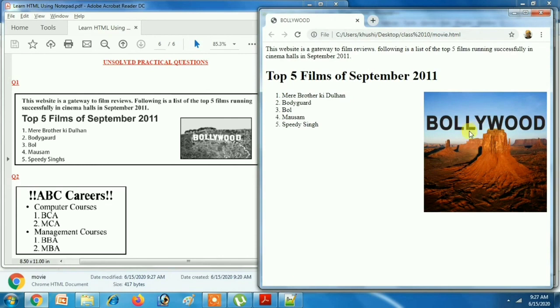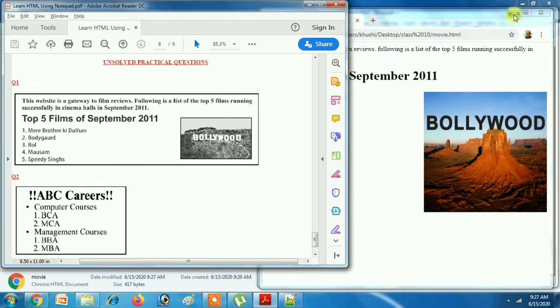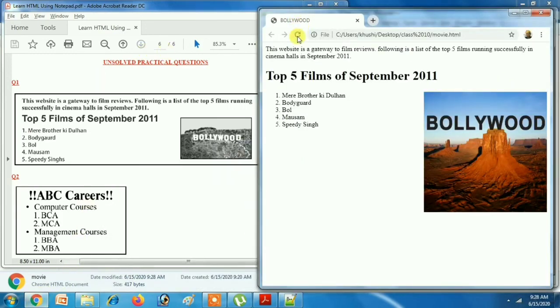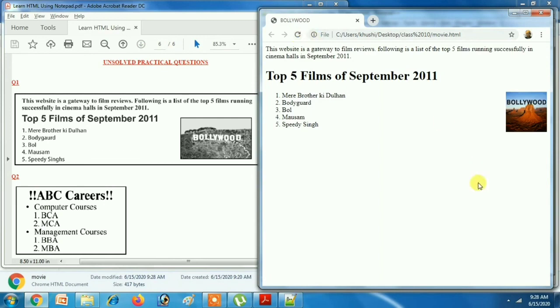This program is done. The image size we can reduce so that the output is exactly like this. So let's reduce the image size. Come to Notepad and here you write 100. Okay, save it, go to the web browser, refresh. Okay, I hope you understood.